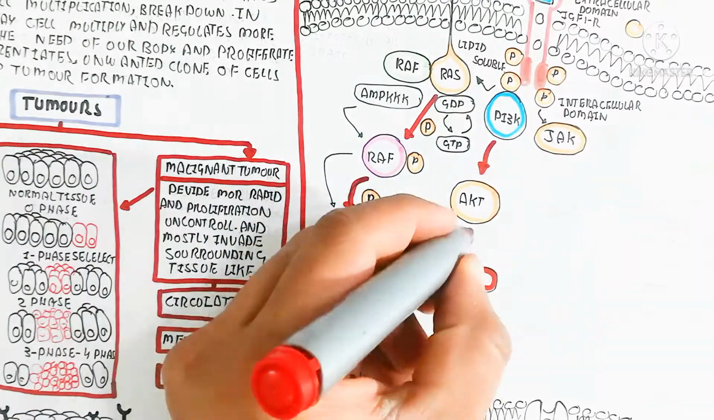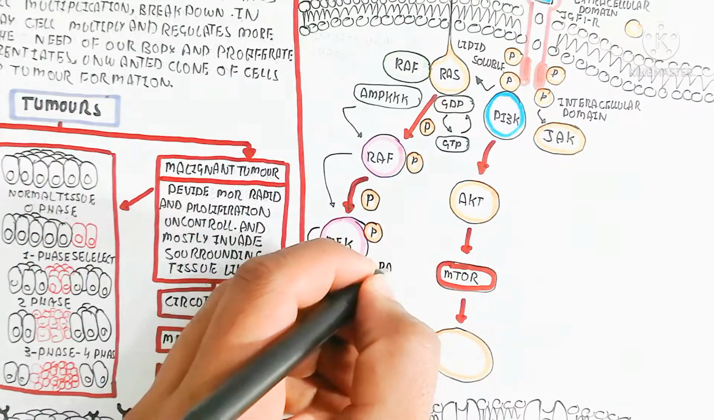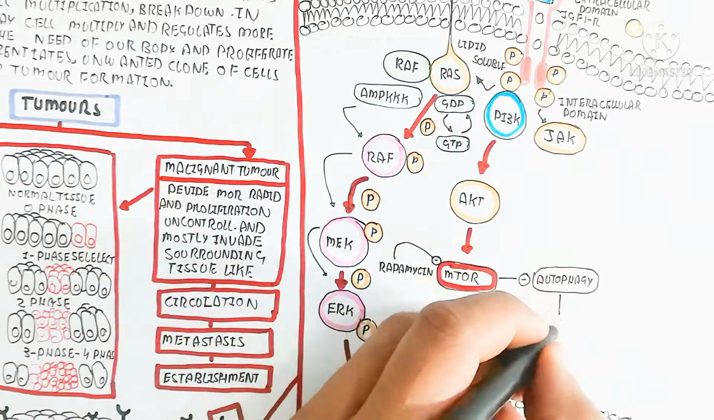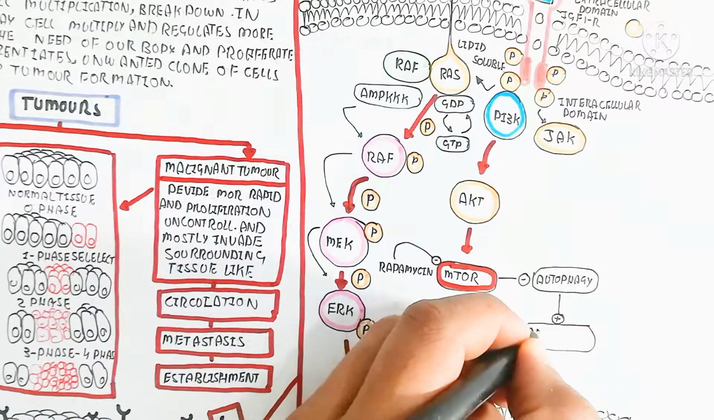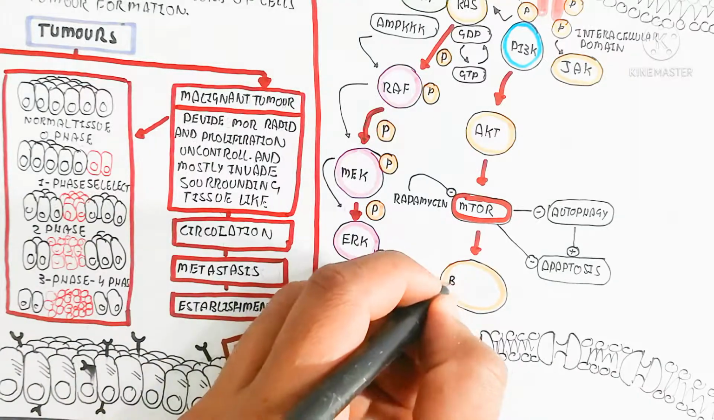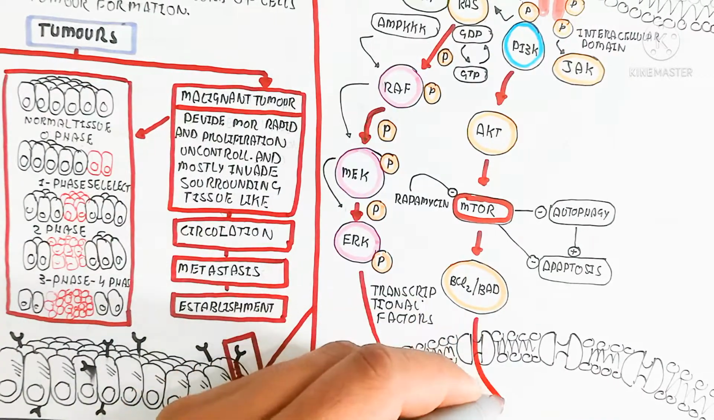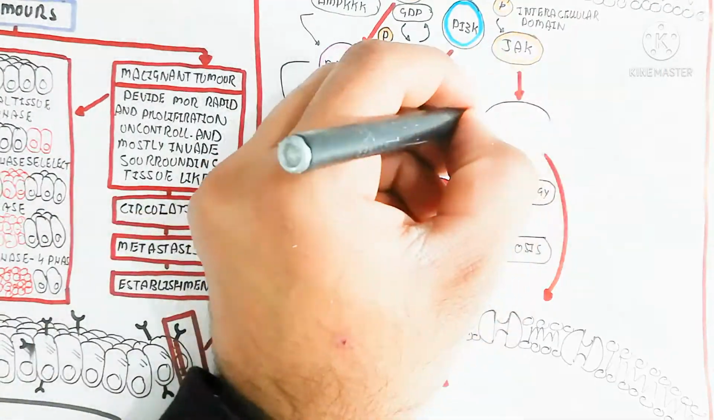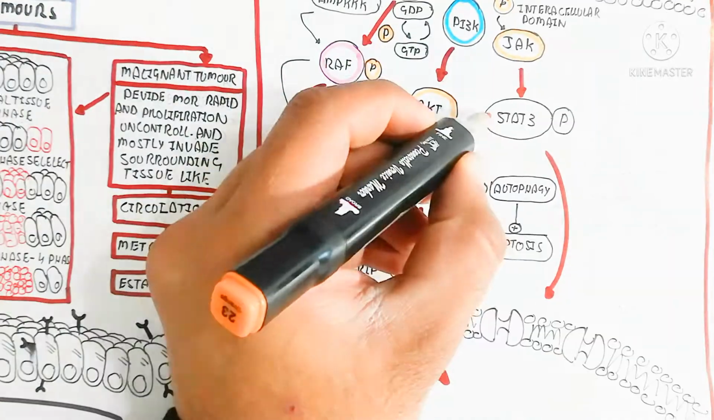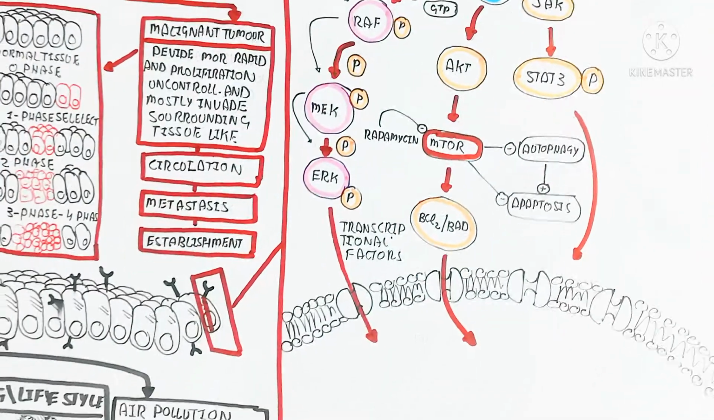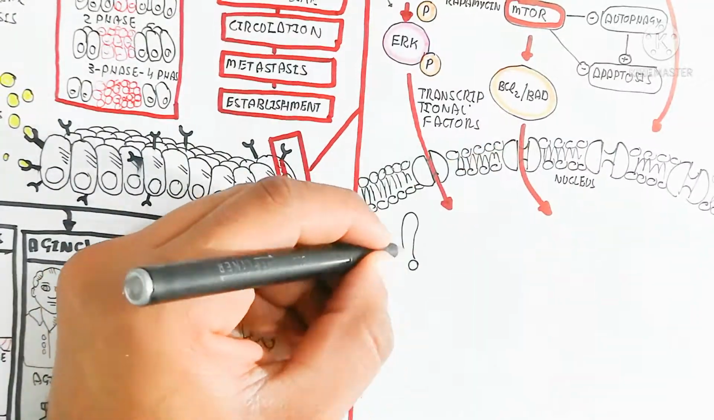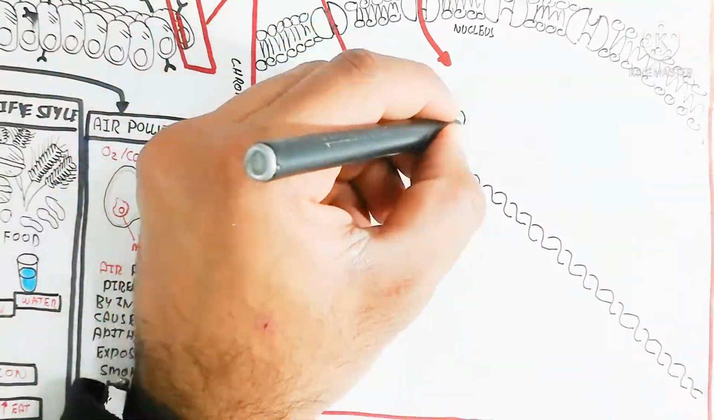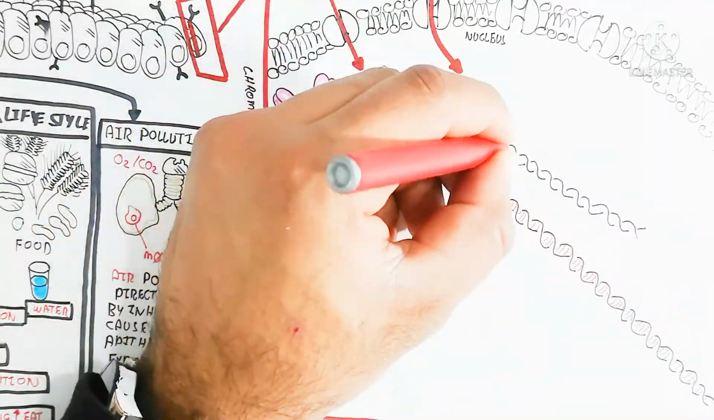While here the PI3K pathway activates AKT, and AKT will lead to the major stimulation of the mTOR pathway, and rapamycin will inhibit it. The mTOR pathway causes autophagy inhibition and apoptosis inhibition, because autophagy is directly linked with apoptosis. So here mTOR will trigger the BCL2 and BAD proteins. This BCL2 and BAD will bind with the DNA in the nucleus here. Here is the chromosome which contains DNA. So remember about that. This is rapamycin, the major target for